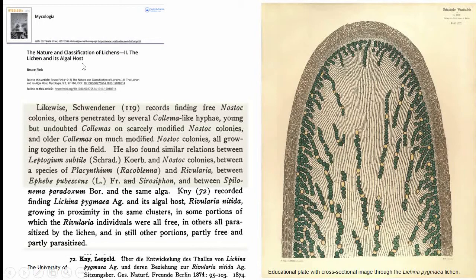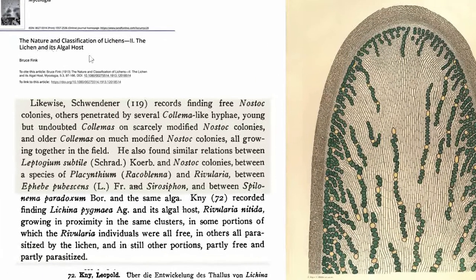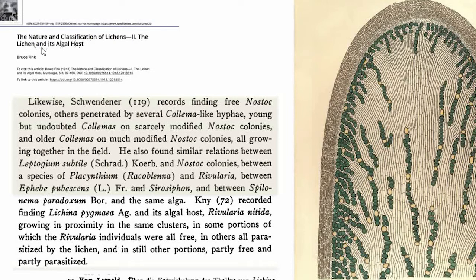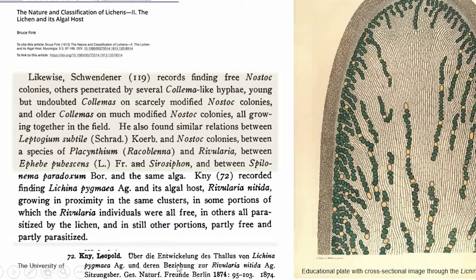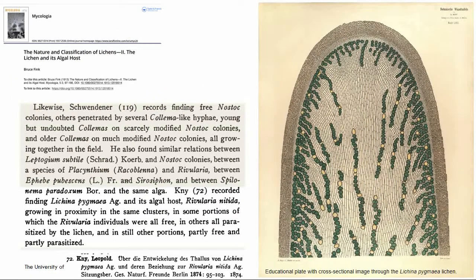And I found this really, I think, quite good paper. Well, it's in a book, The Nature and Classification of Lichens, Lichen and its Algal Host. And when I was reading through this, it cites Nye's research. So Nye was researching into lichen. That was one of his favourite classes of organisms to research. So I found this citation, and then it's down here, of course in German, which was the language of the day. German was the language of science up until quite recently. So if you're a scientist at the turn of last century, you would be writing papers in German. So English is a relatively recent language for communicating science. Oftentimes it was in German.